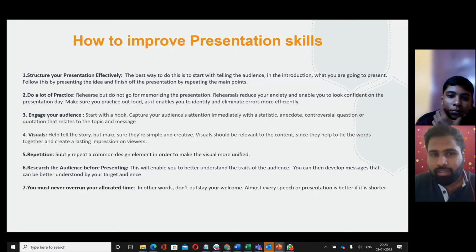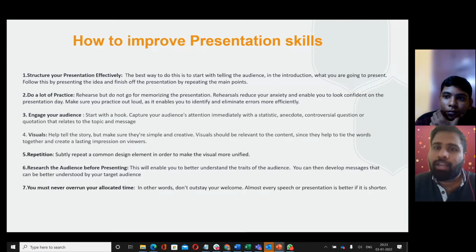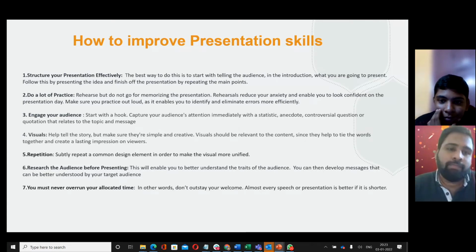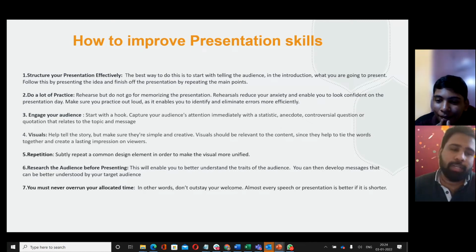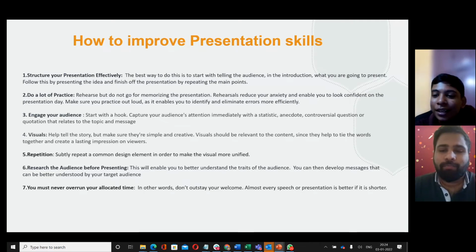Does this slide look like a good presentation slide? No. Why? More contents are there. Exactly. That's what you did initially when you gave the PPT. Remember? Sir, we are presenting in online mode, so if our sound is not audible to them, they can understand from the PPT itself. So I put more contents.